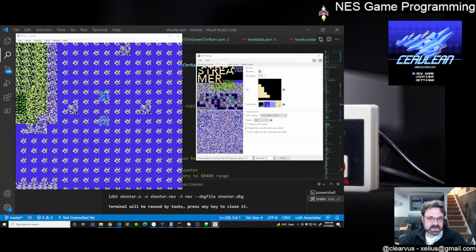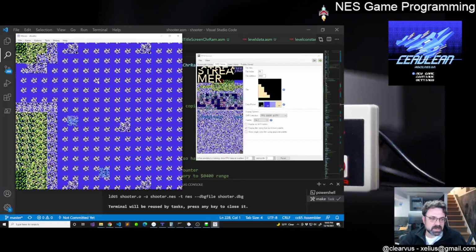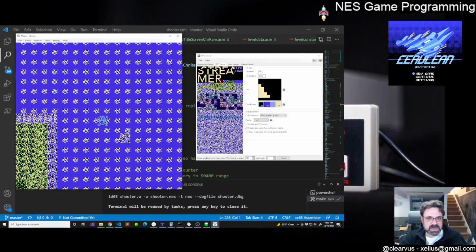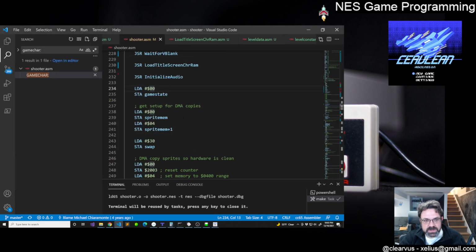Okay, so obviously that looks kind of cool actually, but now things are wrong because we don't have our tile data loaded properly for the ship or the enemies. But the palette data is right, so that's cool, but that's wrong. So now,